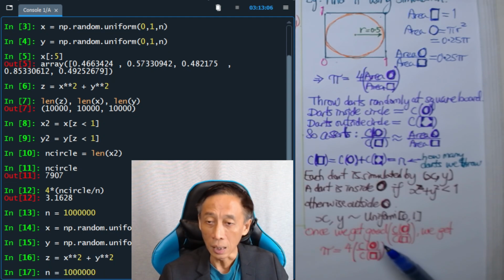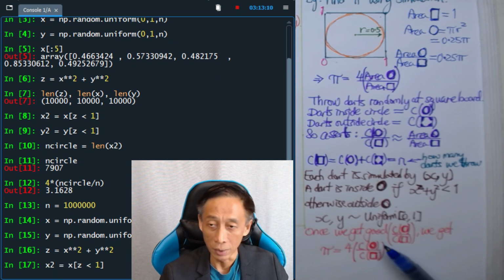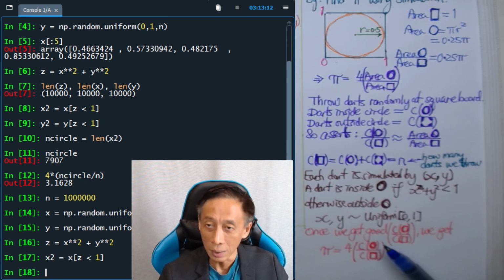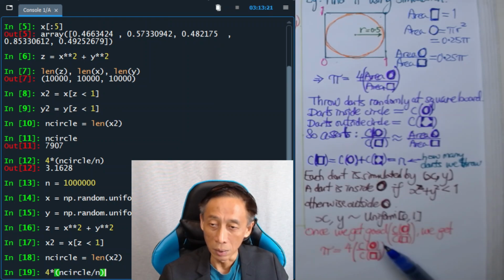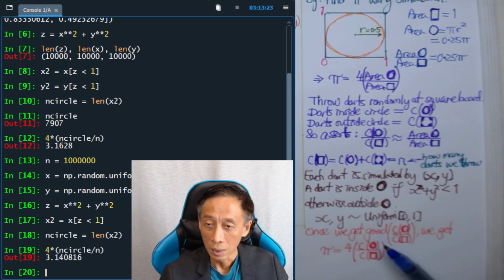Calculate this and select our x2 for x whenever z is less than 1. And then we calculate our n_circle like this. And then we calculate our final estimate, which is